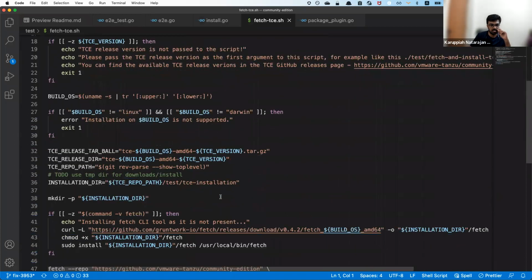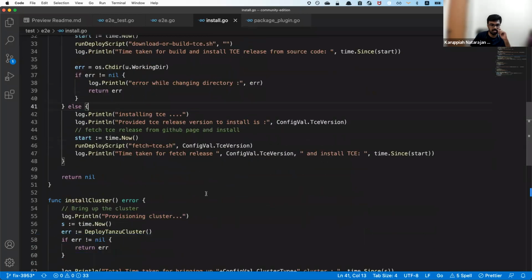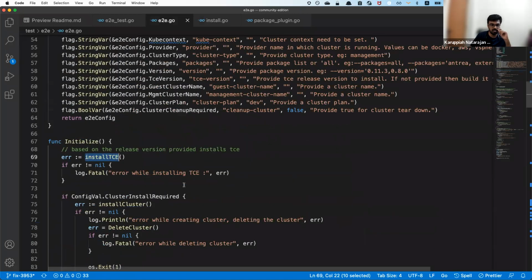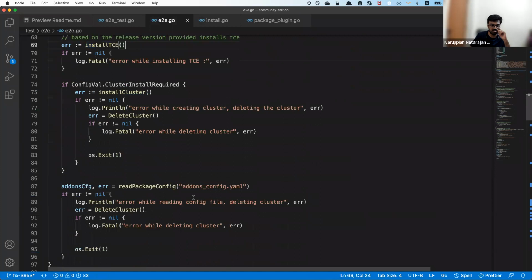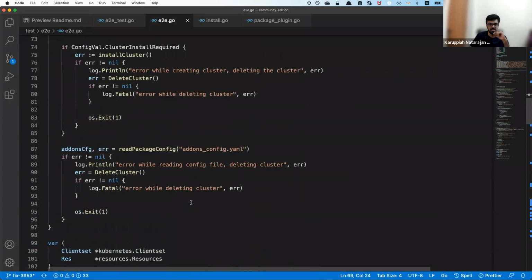And yeah, so this is a particular shell script. I think this can all be Golang, so that we have more control and it's easier to understand things instead of running around different shell scripts.